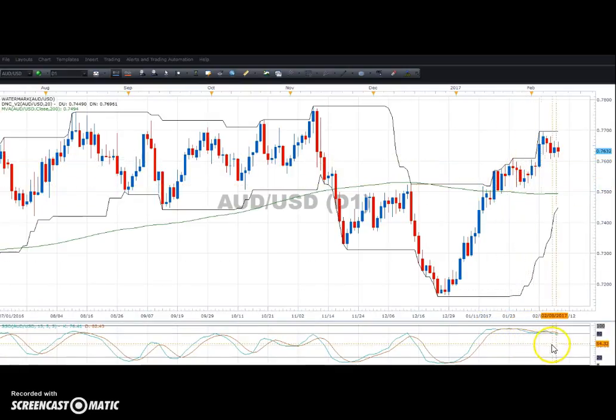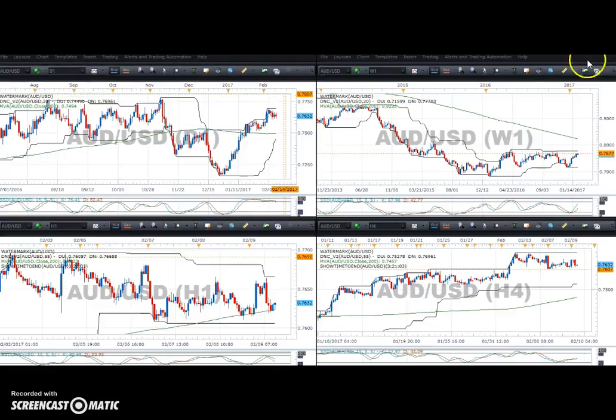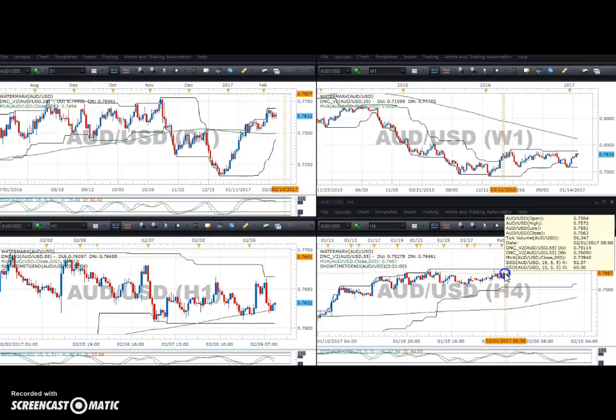Slow stochastics is slightly above the 80 mark. So I'm looking for buying opportunities on the lower time frames, on the 4 hour and on the 1 hour. Now, if I look at the 4 hour on this pair,